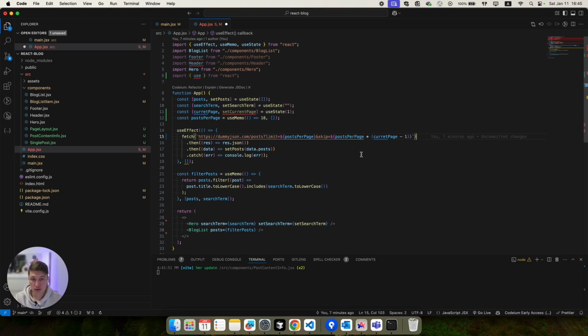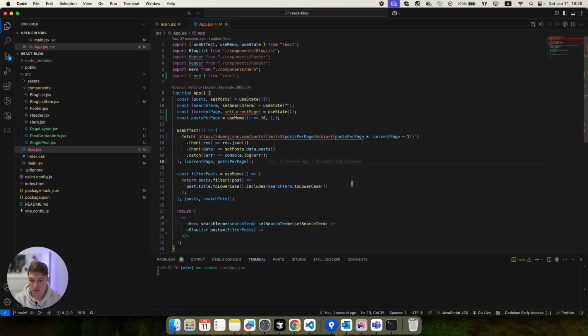But if we open the second page, the parameter should be current page. The current page will be 2, so we will skip posts per page multiplied by one, so we will skip the first 10 posts. So on the second page, we skip 10 posts and show the next 10 posts. This is how the pagination will work, and also we need to add dependencies, current page and posts per page.